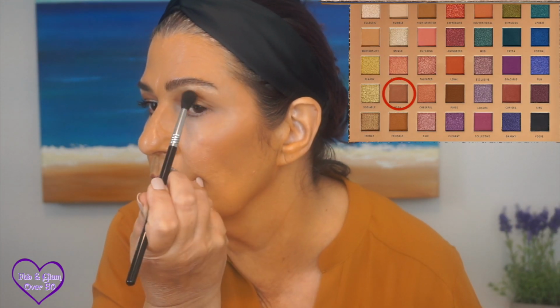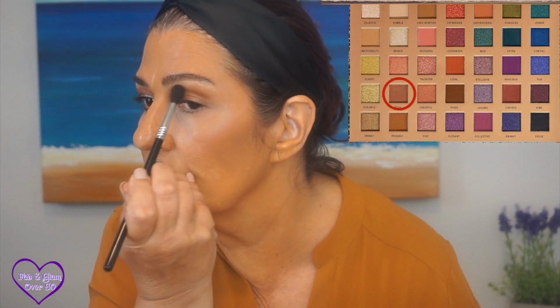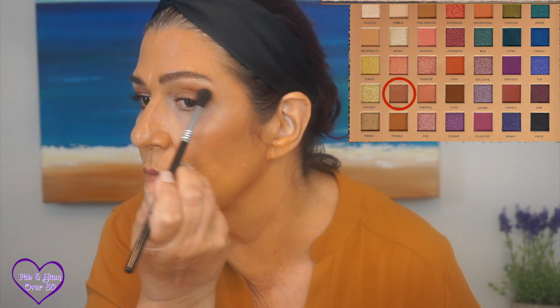This is really one of the best palettes from the drugstore that I've had the pleasure of using, and I loved it so much that I created 3 looks so you can see how it applies and give you some ideas with the palette. For my first look, I started with the transition shade using the shade Posh with a